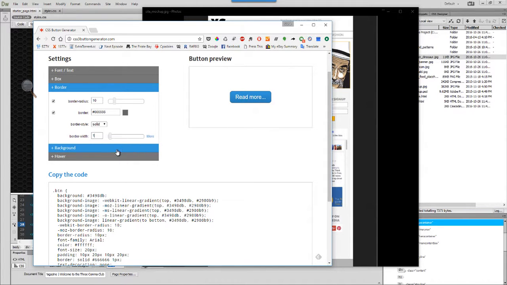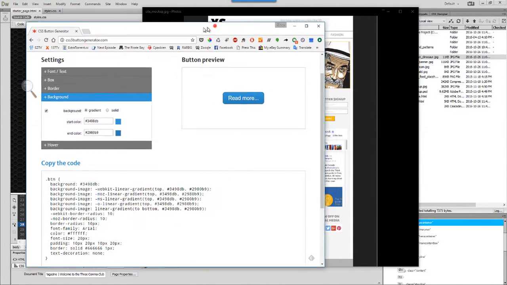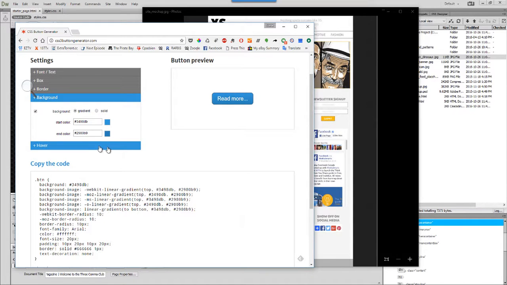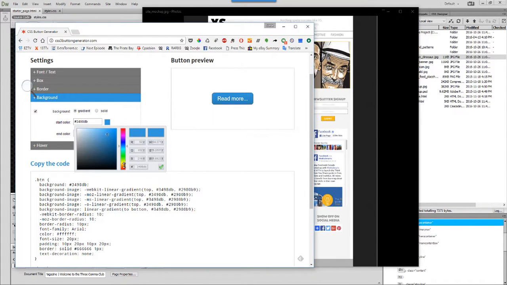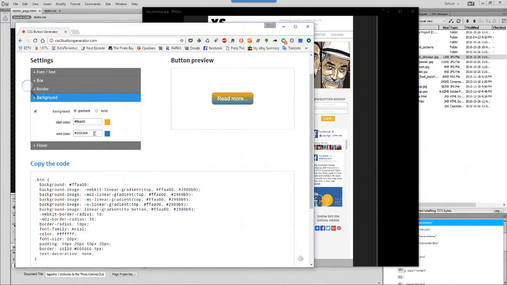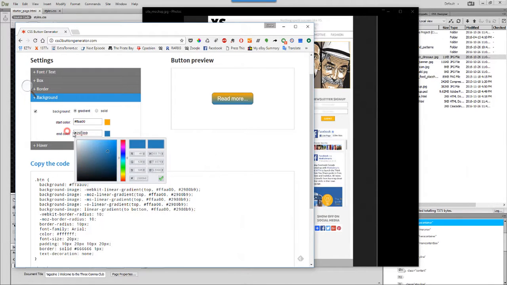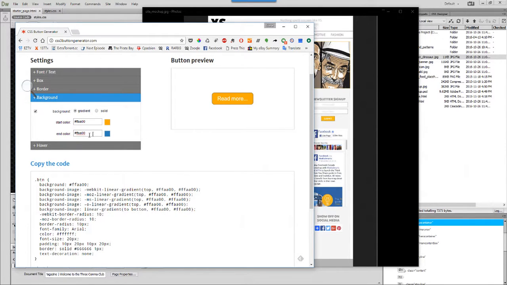And now we can change the background color, which we see here is orange in our mock-up. We don't have to be super precise with actual values, although we can do that if we want. Let's just choose something that's in the neighborhood. So that looks pretty good. So that's the start color, and the end color, unless we want to do a gradient like this, I don't recommend it. I would just copy and paste the same value in the end color,